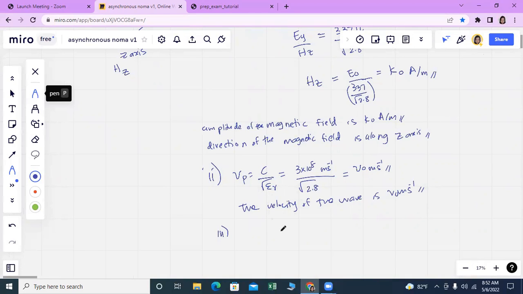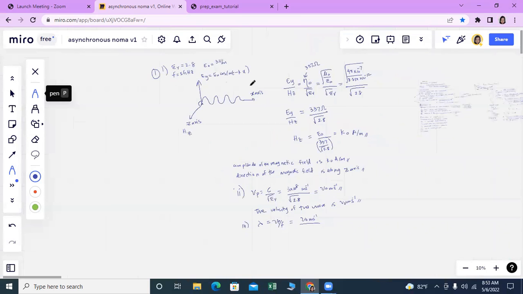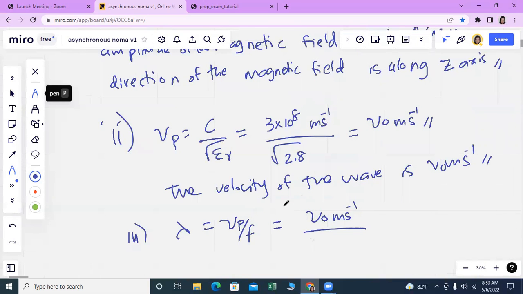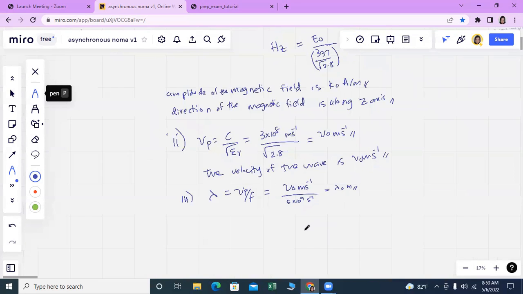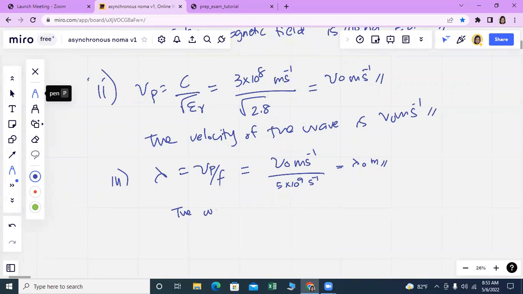Velocity is equal to f into lambda. So lambda can be written as velocity divided by frequency, right? So velocity we know as v naught ms minus 1, and then frequency we know as 5 gigahertz. So you have to write 5 into 10 to the 9 per second, and then you have to find the value of this. You will get a certain lambda value in meters. So you can write the wavelength